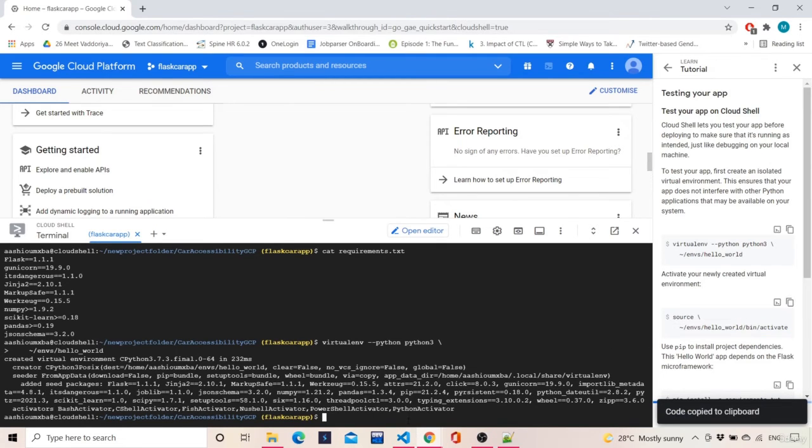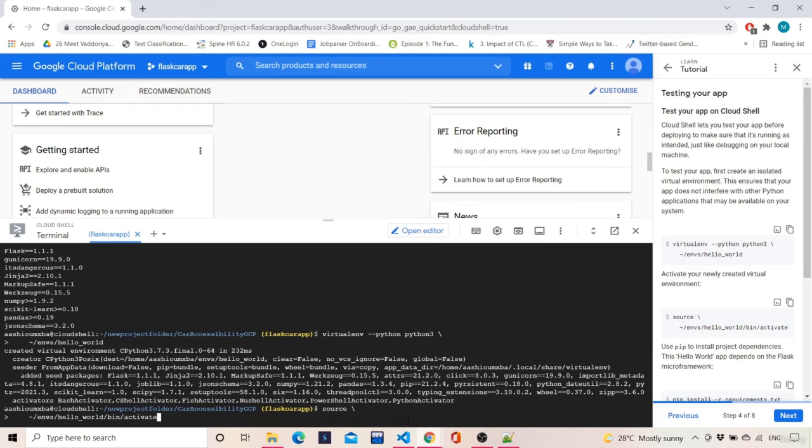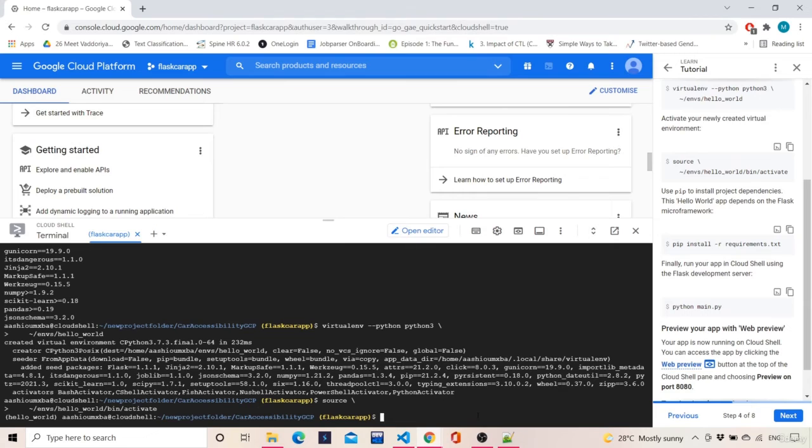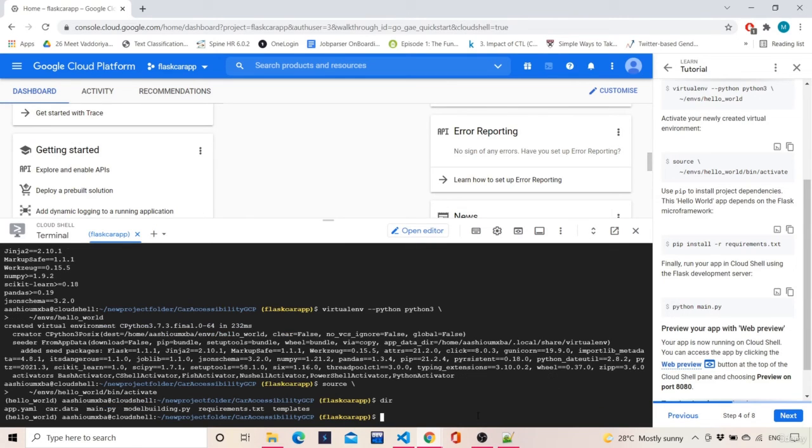Okay, just copy this and paste it and activate it. So you can see that the environment has got activated here, hello world environment, which we created with the name hello world. Right, so now if I do dir over here, I'll get to know what all files are there in my directory structure, like app.yml, car data, main.py and all.